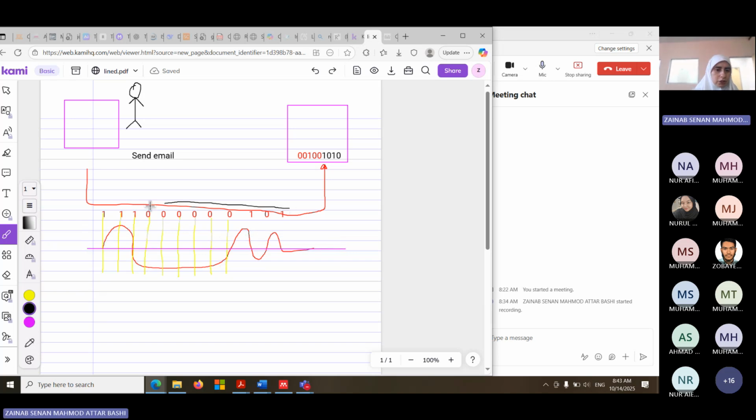And even if you study IT, this one, what does this mean? Nothing. Binary number. What does this binary number mean? You cannot get it. But at the same time, remember that the human being cannot get this one, and the device, the hardware, cannot send email.